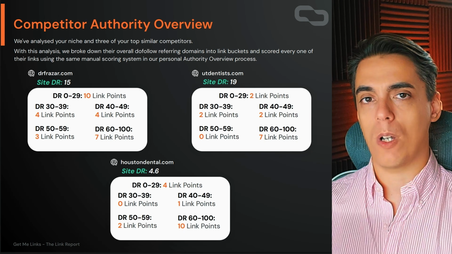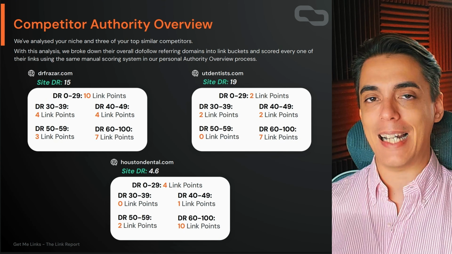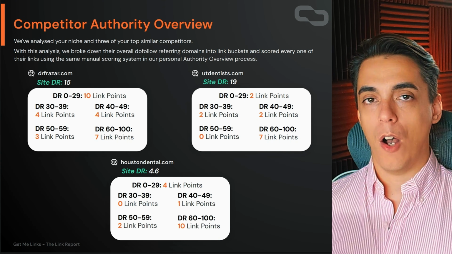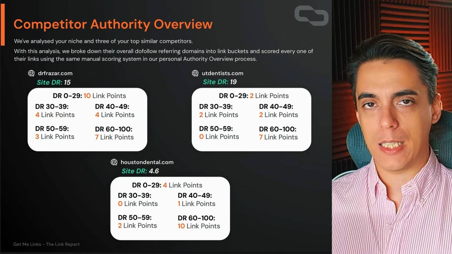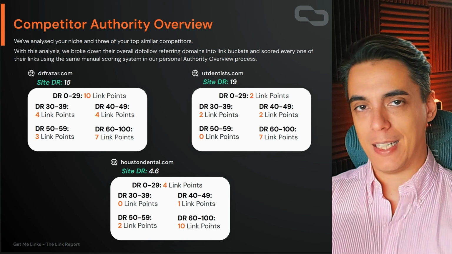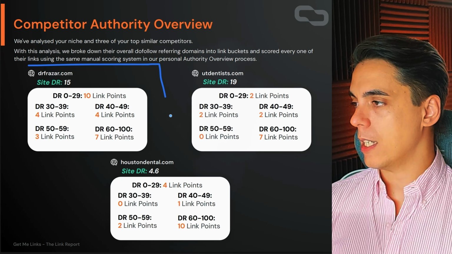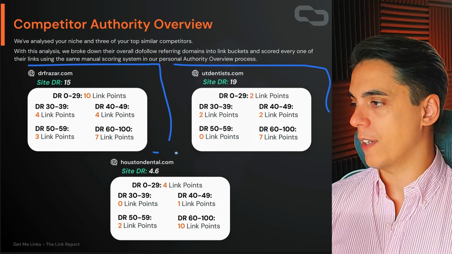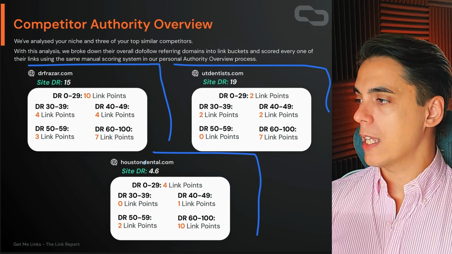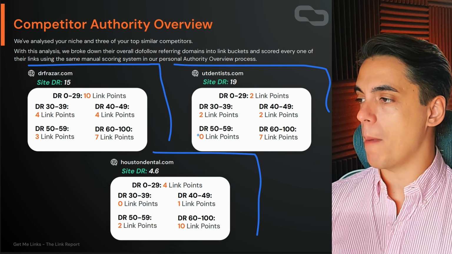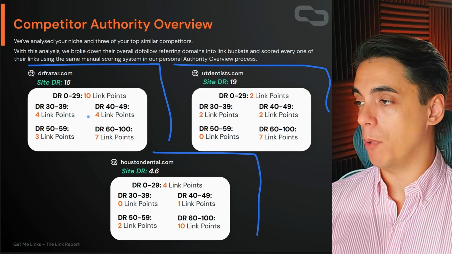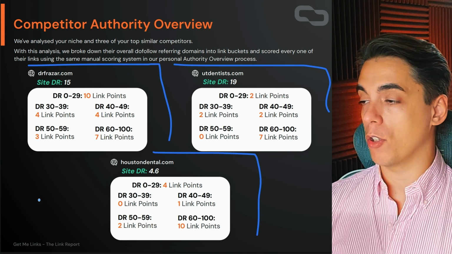This is the quantitative and qualitative analysis of the backlink profile of 3 competitors in the dental space for the state of Texas. So let's get rolling. These are some of the top competitors that we've identified here on the niche, and as you can see, they have roughly the same amount of link points, and we say link points and not backlinks because these are links